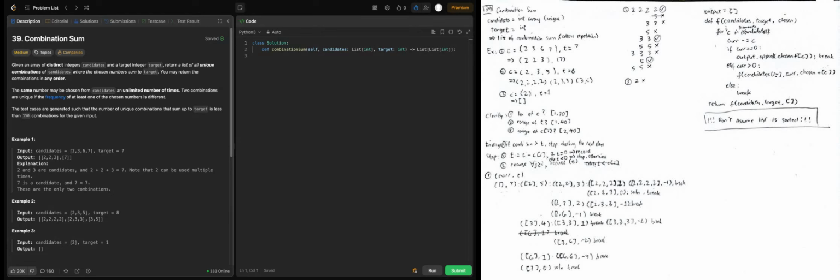And then we would have like 3, 6, and 7, and then we backtrack too. So now there is no solution with 2, 2, 2. Then we move on with